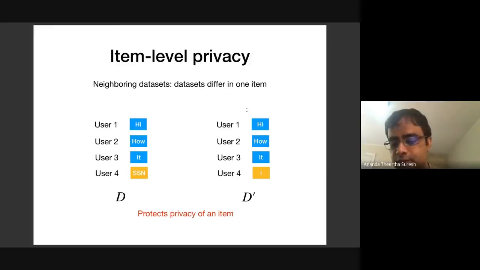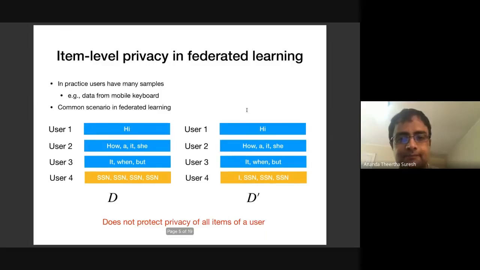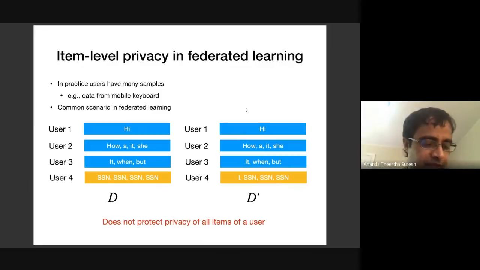I won't go into too much detail, but let's see how it works in federated learning. In federated learning, typically users don't have one item, but many items. Think of an example such as learning the distribution of words from a mobile keyboard. Some users type 1 word, some users type hundreds, and some may even go to thousands of words.